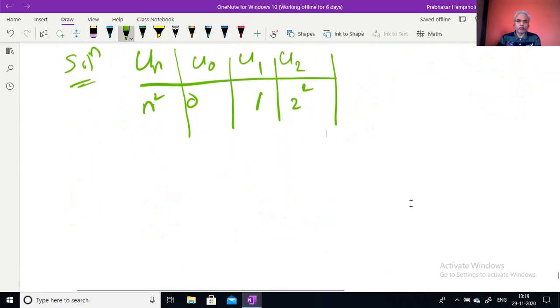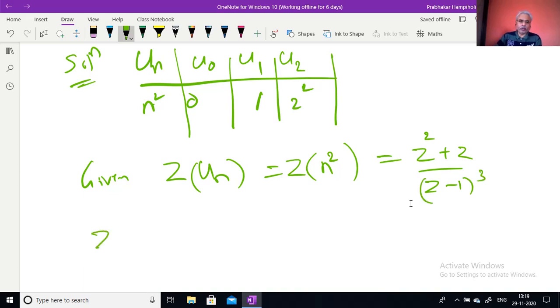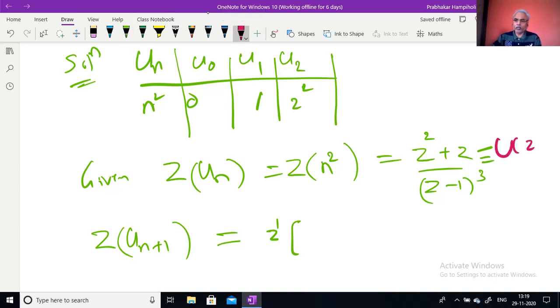Now given Z of u_n, where in this case u_n is n square, we know, as we are used to it, that it is z square plus z upon z minus 1 whole cube. Now we want the Z transformation of u_(n+1), where the left shifting theorem tells that z raised to 1 times the original function. So this is our U of z, the corresponding Z function. You have to note this down. So now correspondingly the left shifting theorem,